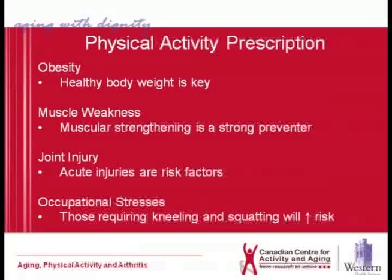Number 6, eat healthy foods. Healthy foods, especially foods containing omega-3 fatty acids, such as salmon and some nuts and sardines, have been shown to reduce inflammation. So if you don't like those particular foods, you can go to a food guide and you'll find other ones that have high quantities of omega-3 fatty acids, and you can help yourself